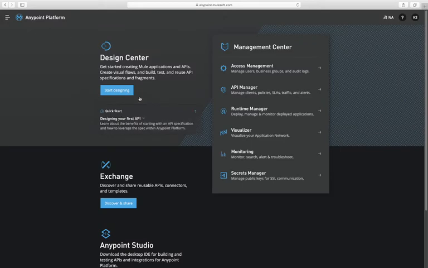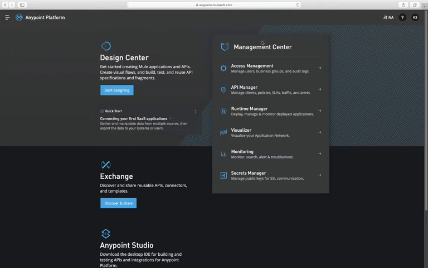So first one is Design Center. In Design Center you can create a YAML file and you can create a Mule application. Okay, then Exchange. Exchange you can say is a shared repository where you can keep your resources. You can share within your organization or share publicly, and you will even be able to find many more resources shared by MuleSoft and third parties. Okay, we'll see one by one. For now I am giving just a high level overview.